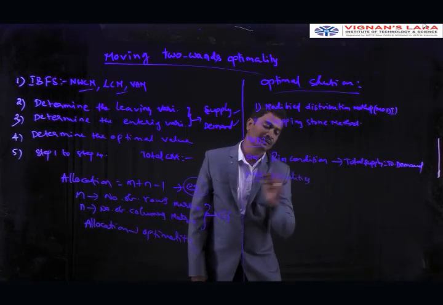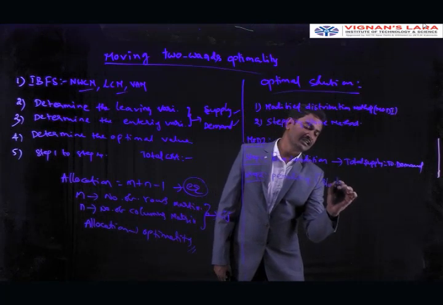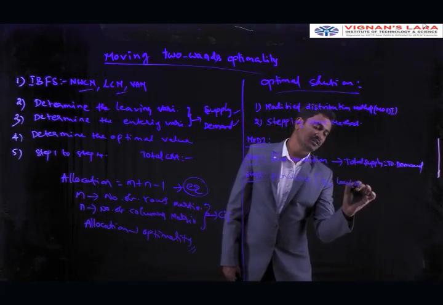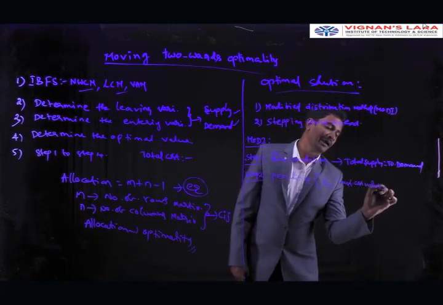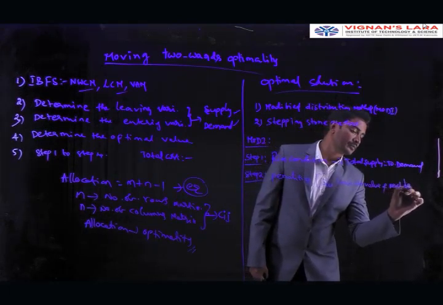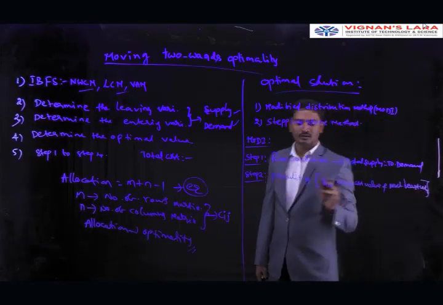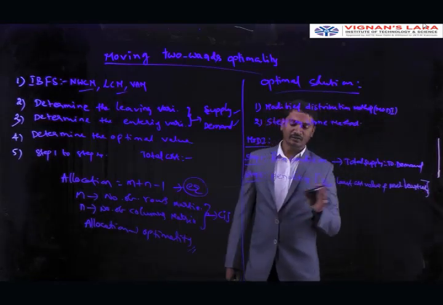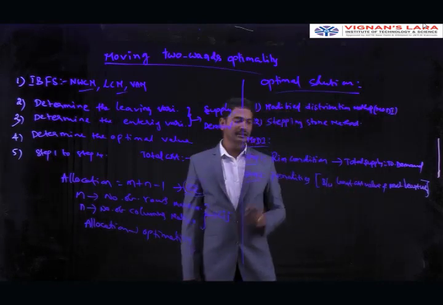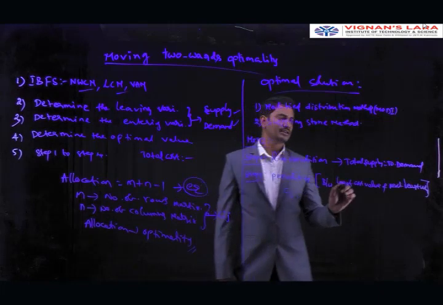Here we have to calculate the penalties between the least value, it means the least cost value, and the next to least cost value. The difference between these two is equal to the penalty. Here we are calculating the penalties based on the least values of Cij. What is the Cij?